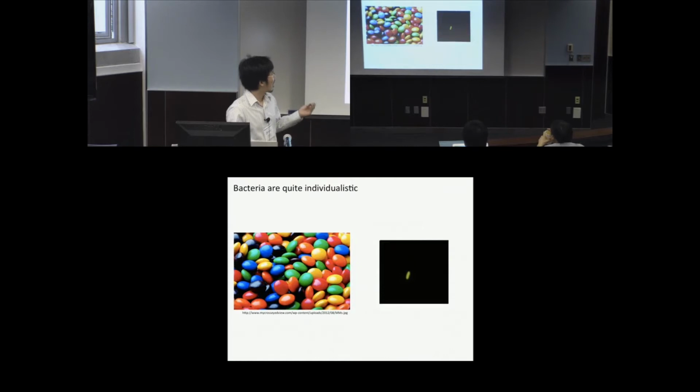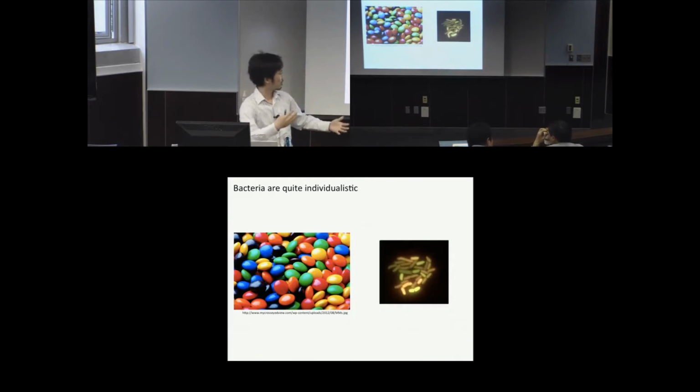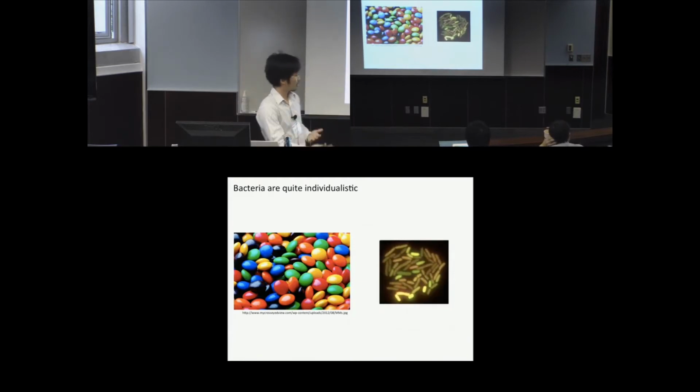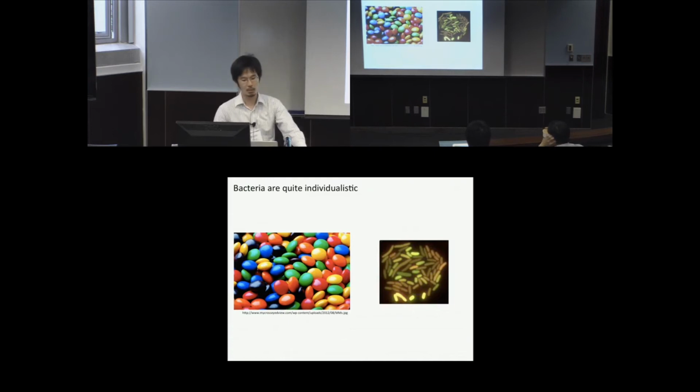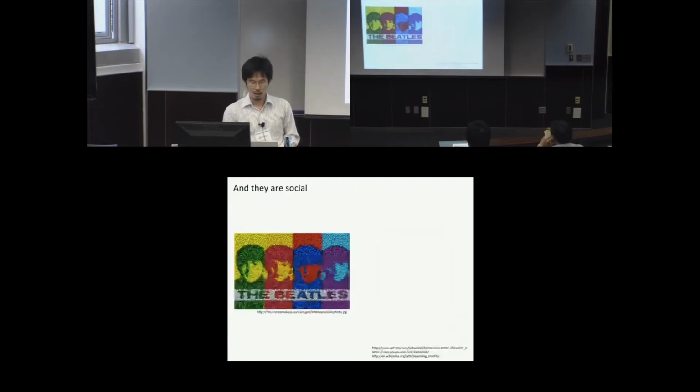Even starting from a single cell, as it divides and multiplies, it diverges into very distinct phenotypes, which could be explained by bistability, as Jeff Gore showed at the population level, or just stochastic noise in gene expression. So it's more like this. It's a colorful picture. And as we all know now, that's not the end of the story.